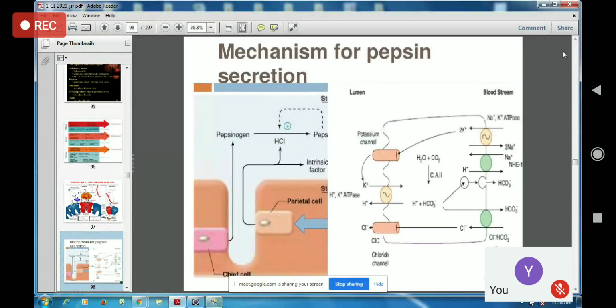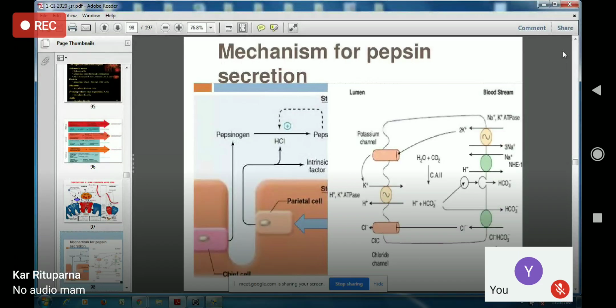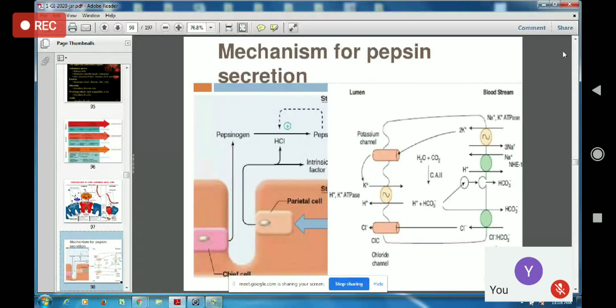Whereas in a mode of rest and digest, when there is parasympathetic nervous system stimulation, at that time what happens? The GI secretions are increased. All GI secretions are increased. So HCl secretion will also be increased, and pancreatic secretion will also be increased. Here we are talking about gastric juice HCl secretion. So do remember that when there is sympathetic stimulation, secretion is decreased, but when there is parasympathetic stimulation, HCl secretion is increased.